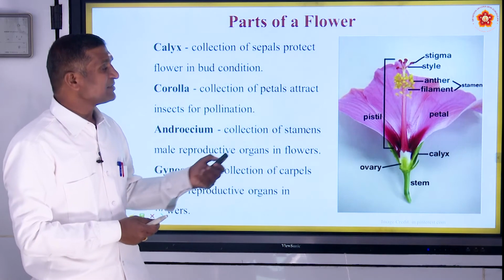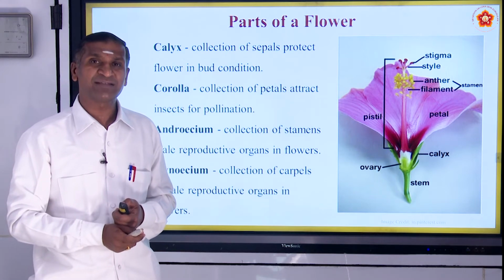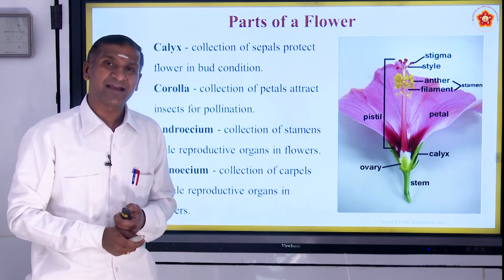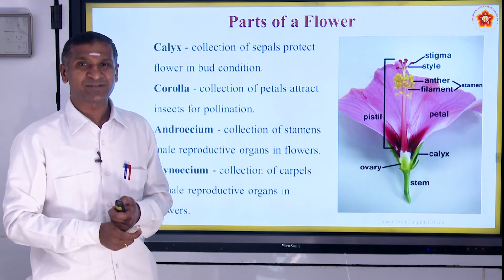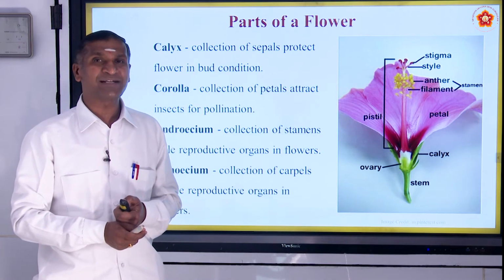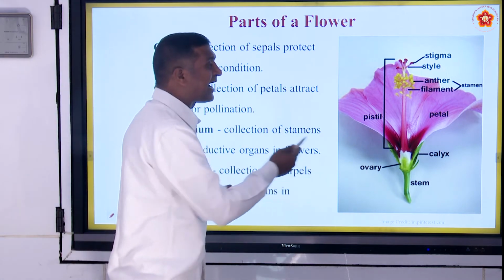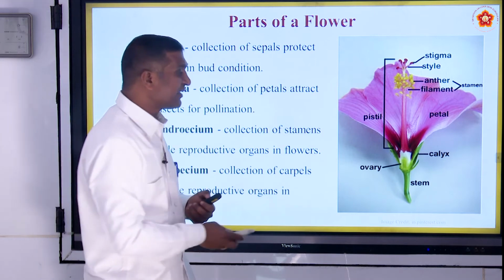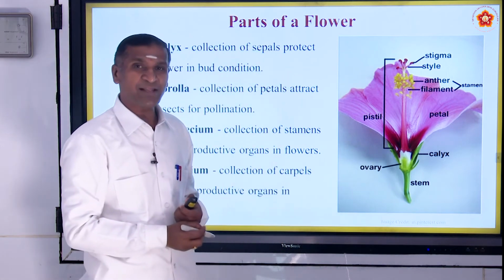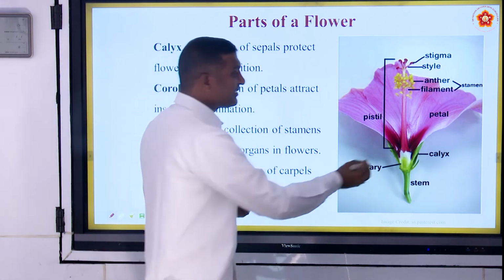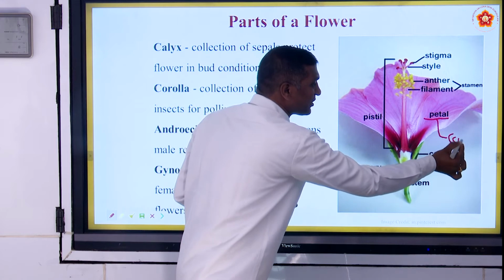Dear students, this is a typical hibiscus flower, very important for the examination also, connected to diagrams. Draw a neat labeled typical flower and label all the parts. So if you observe, a hibiscus flower is a typical flower where you can see the calyx, that is the sepal which is protecting the flower in its bud state. The petal, but this collection of these petals is corolla.